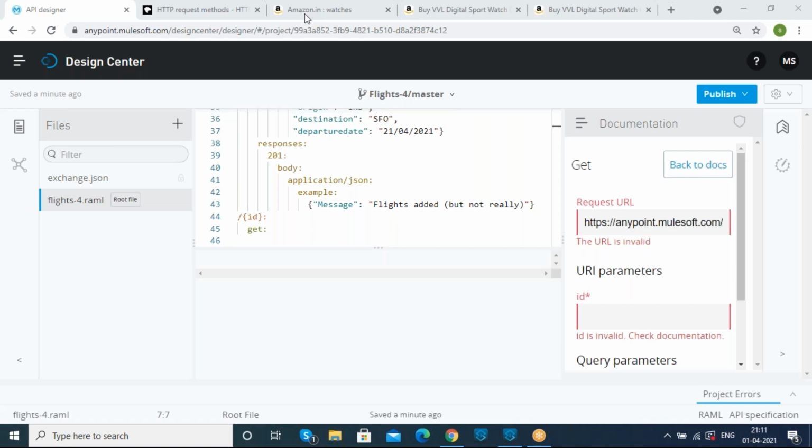If you miss any comma, colon or anything while deploying our application, it will throw an exception. Whatever responses we are displaying here are static responses.